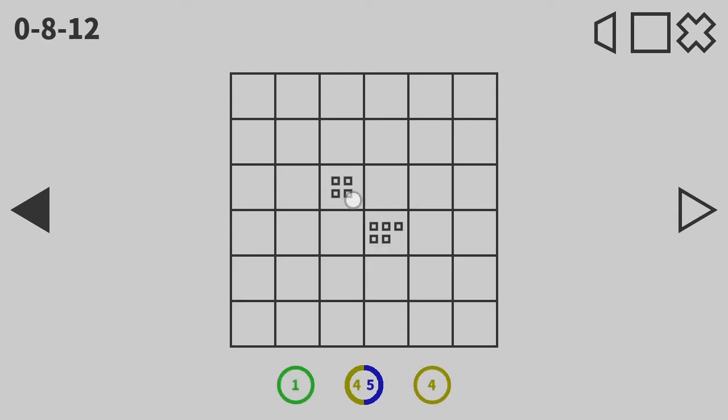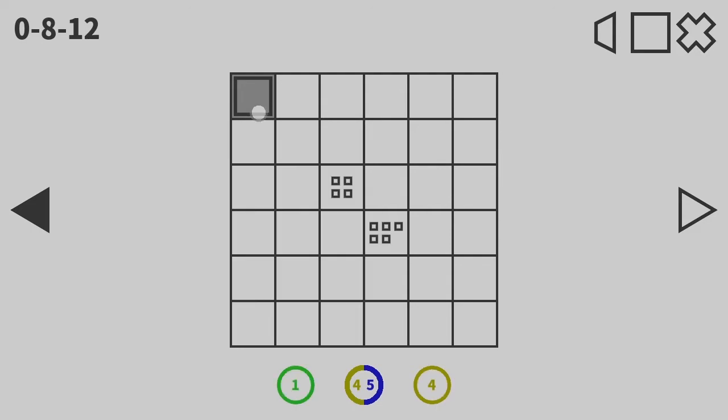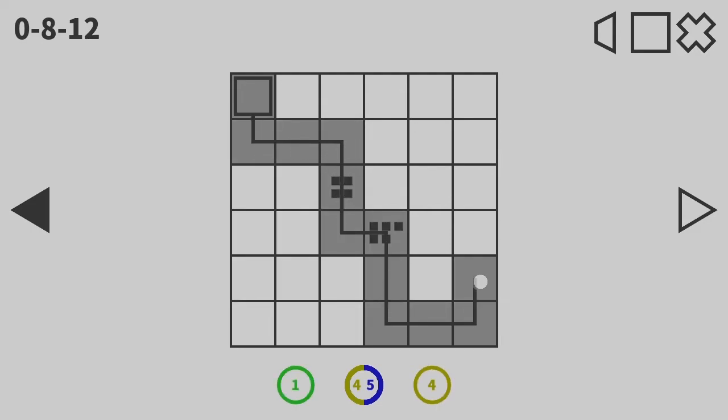So 5 and 4. Yes, 20 is the first number where... so 1, 2, 3, 4, 5, 6, 7, 8, 9, 10, 11, 12, 13, 14, 15, 16, 17, 18, 19, 20. Then 3, 4, 1, 2, 3, 4, 1, 2, 3, 4. Like, I'm just hoping with maybe another example I could